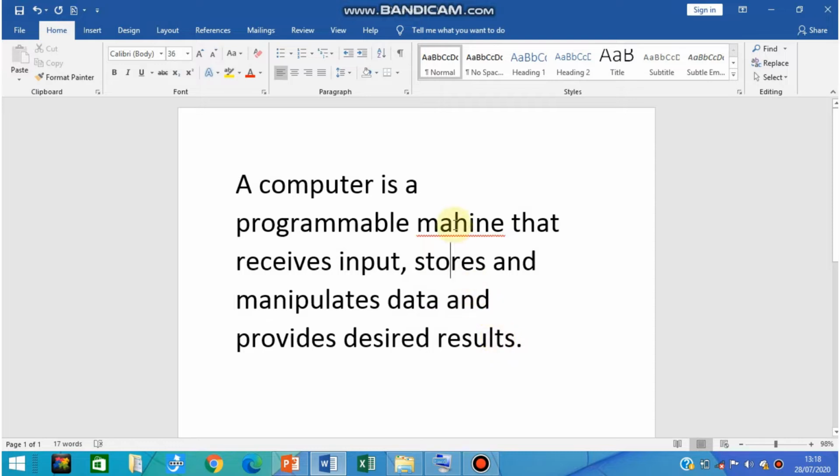We know that the spelling of machine is wrong here, and that's why a red line is displayed under this word. We want to correct the spelling using the spell check and grammar check. First we will see how to use the spell check, then we will go to the grammar part.